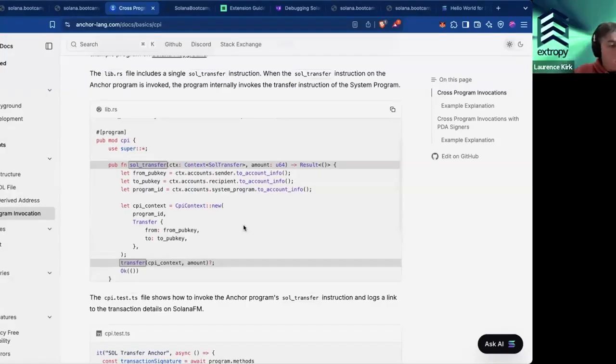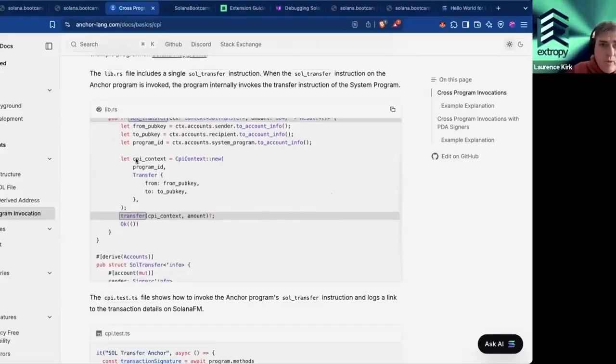So if you're calling that from your own program, then it needs to be a CPI that you're going to use for that. So this is showing you the accounts that we need in order to do that. So we need the to and from accounts, obviously, but we also need the system program. So we need that, which we've got here as the program ID for that,